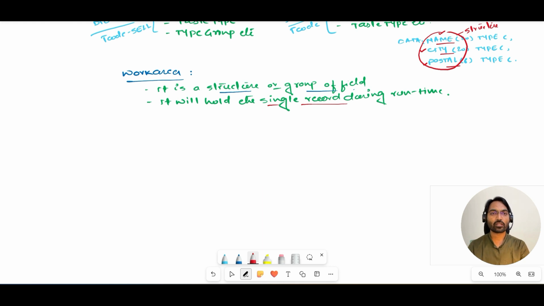Once your program execution has started, it will allocate the memory. Whatever data is coming to the work area, the same it will forward to the next level. So that is the job of this work area. Now, what is the syntax? How to declare the work area? To declare the work area, we use the syntax